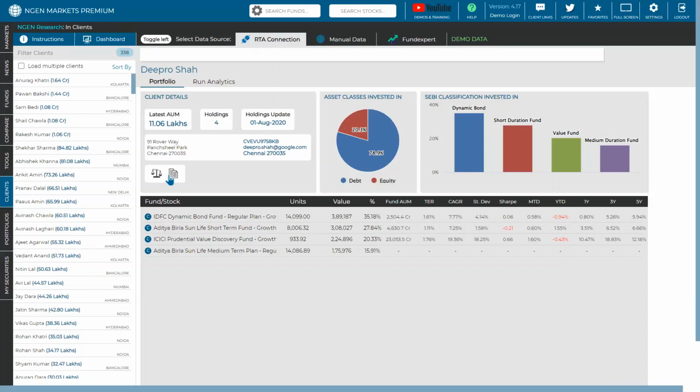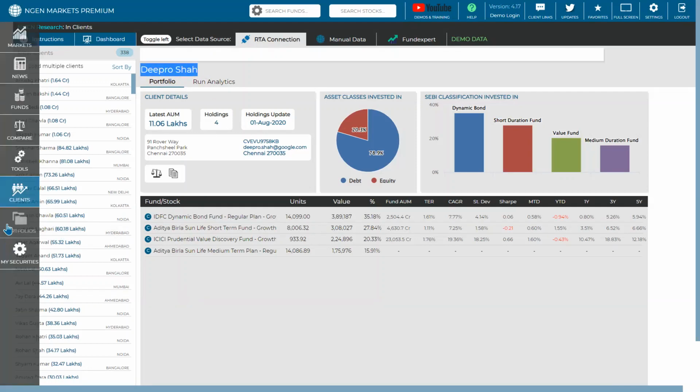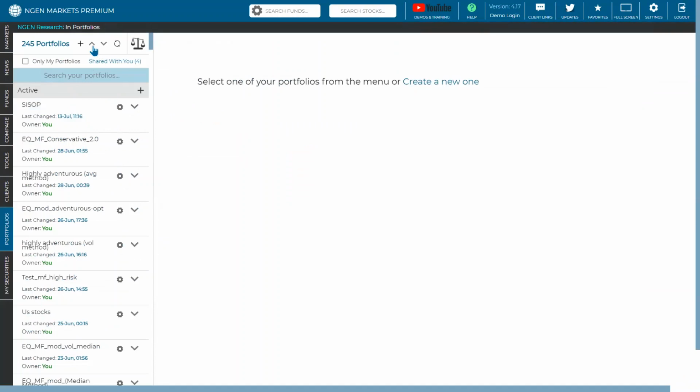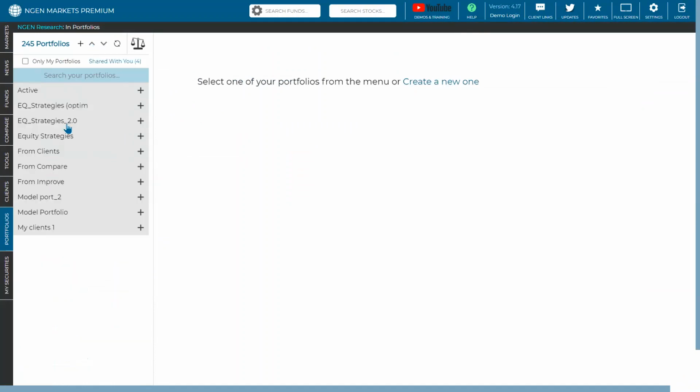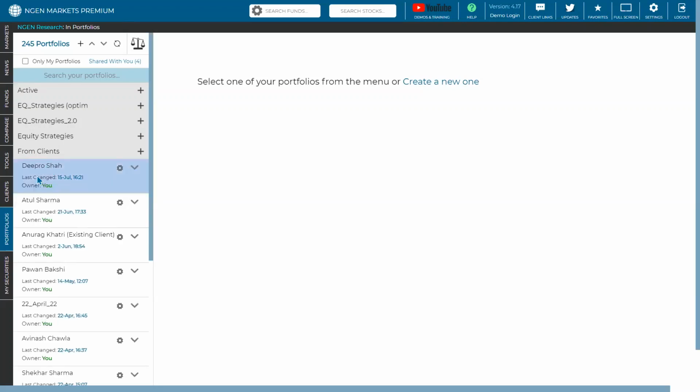Now, why is this very useful? Because you can make changes once you add this client's portfolio into the portfolio section, and then compare it with the original one. So you can come into the portfolio section and make some changes. I will show you where it will be onboarded. It will be onboarded under from clients, and you can see this is one client we have added from the client section.